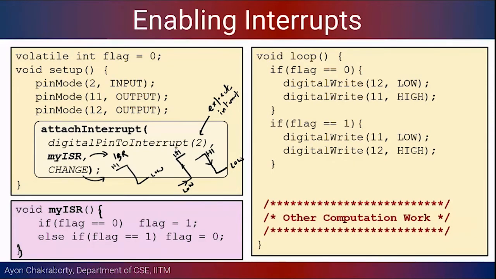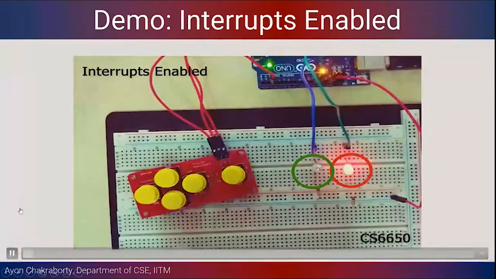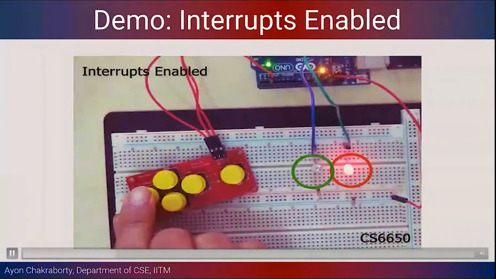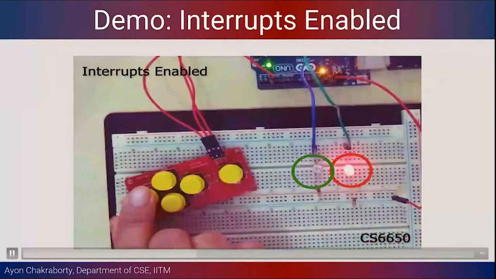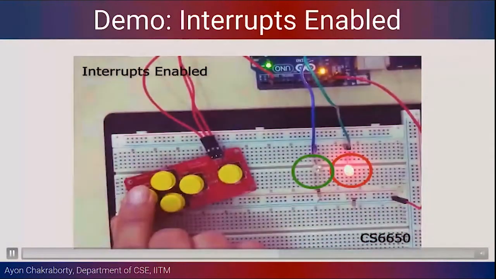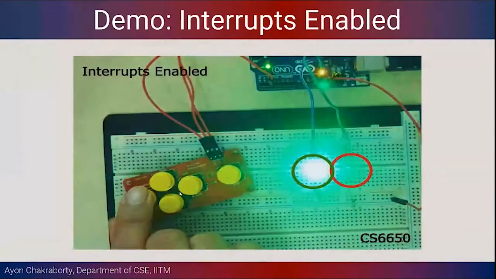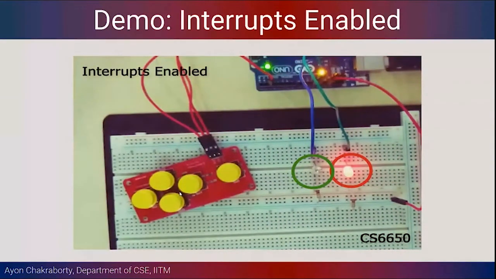Okay. And now if the interrupts are enabled, we can quickly check that in this case the transition is pretty smooth. It's the same code, the same functionality, but there is no glitch, right? There is no repetition or non-toggling. Every time I press that particular key, it nicely toggles. So this gives you some idea why interrupts are necessary.